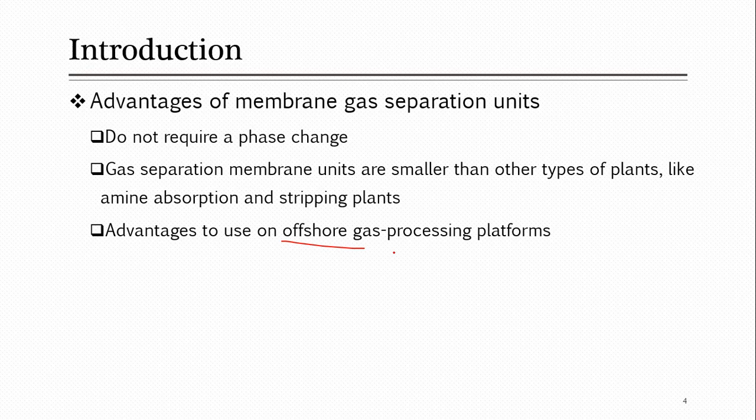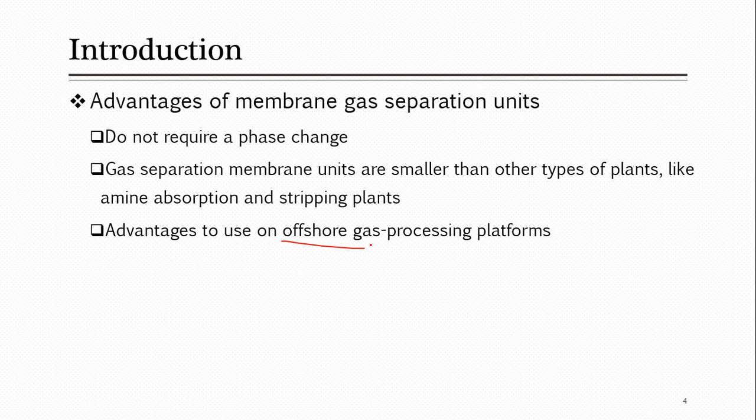So if a gas plant is located inside the sea, it's better to remove those acidic gases from the gas before transporting it onshore. Why? Because if those gases are present in the gas and we don't separate them, those are corrosive gases, CO2 and H2S, they will react with the pipeline. If you are using the pipeline, or even some other container, then definitely there will be a problem.